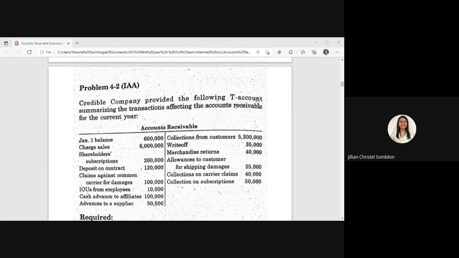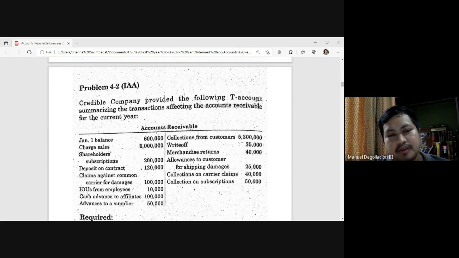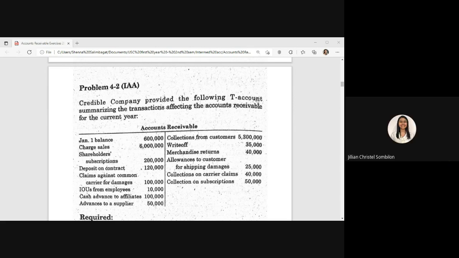Sir, debit accounts receivable 6 million, then credit sales, sir, 6 million. Okay, that's correct. That's the correct credit. And that transaction can be described as a sale on account. So the 6 million represents the amount of sales that we have that was on account. Okay, continue. You started with 600,000 and you said we will add 6 million. What's next? The total would be, sir,